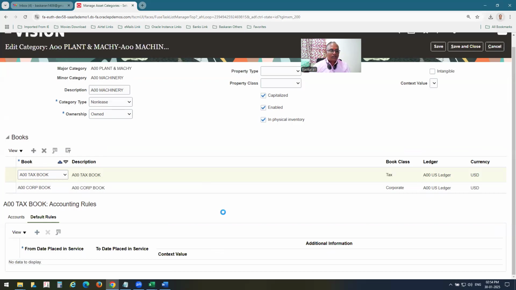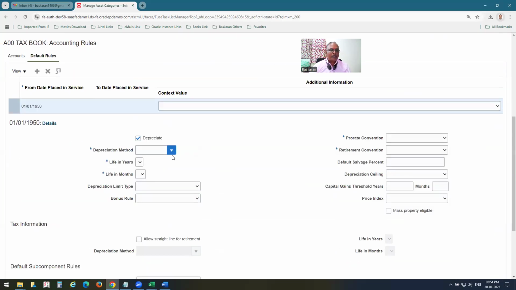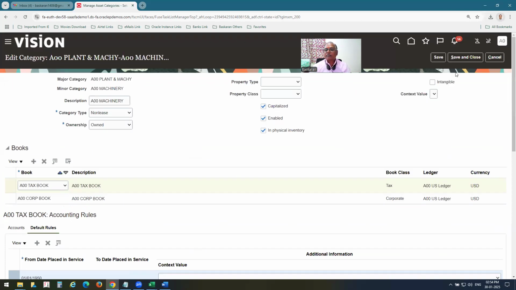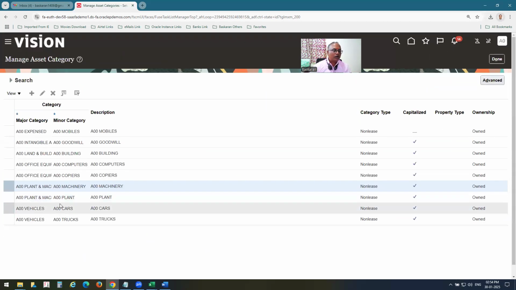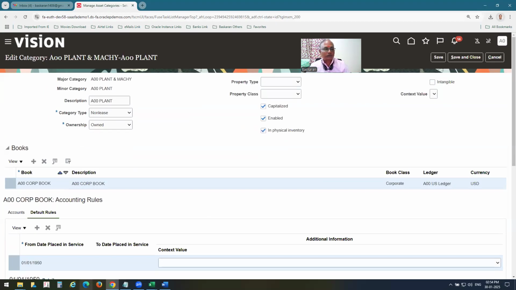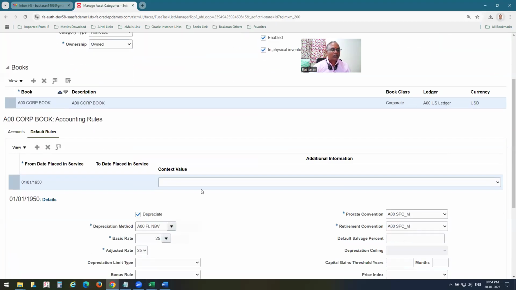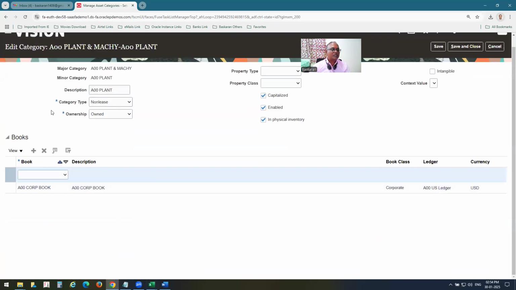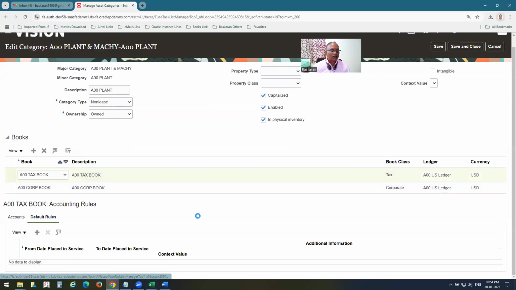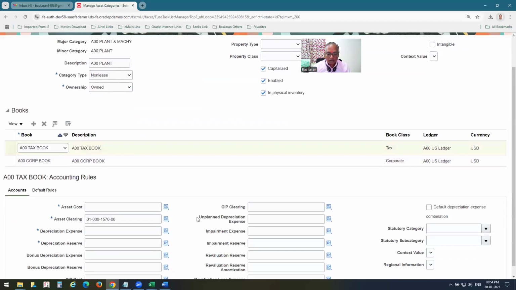So machinery instead of production, I can give some 15% NBV. Very well allowed. Pro rate convention. Save and close. Now I will move on to plant. Three more. Then I can click on associating a book first and then providing a default second. So navigate to our